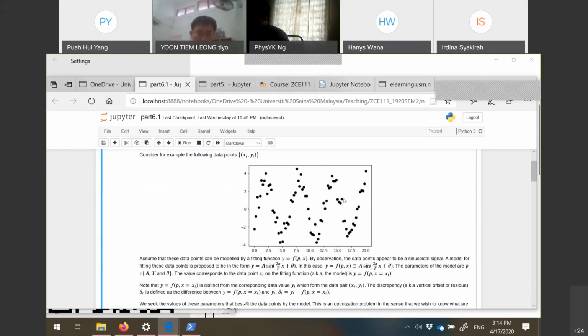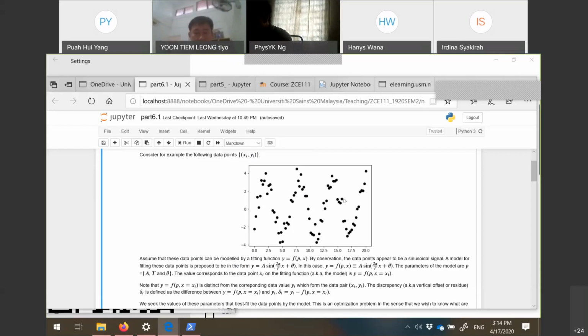Now let me make it larger so you can see it better. Each of these data points has xi, yi. If I give you this data and ask you to find a function that should go through all these data points smoothly,